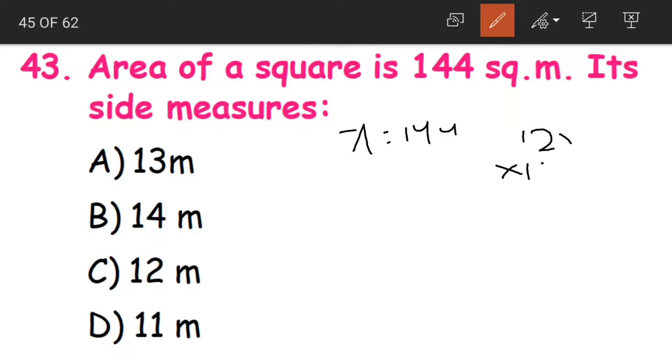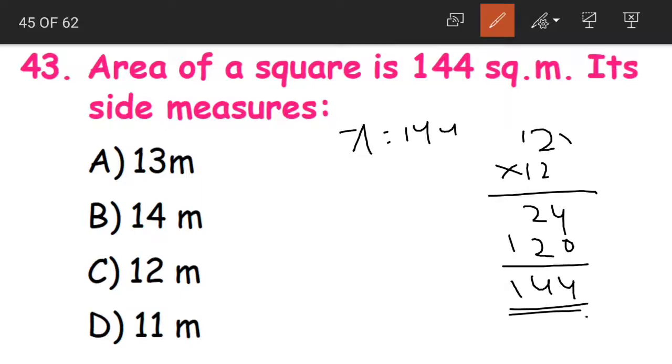12 into 12 is equal to 12 2s are 24, 12 1s are 12, 144. Yes, 12. When we take the side of the square as 12, then its area is 144 square meters. So that means option C is our correct answer. Clear, children? This is the trial and error method, wherein we take each of the options and check whether it is